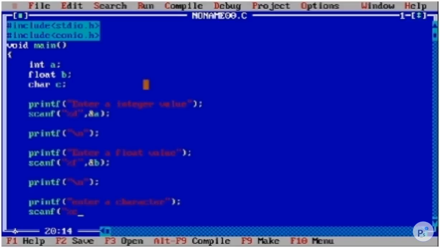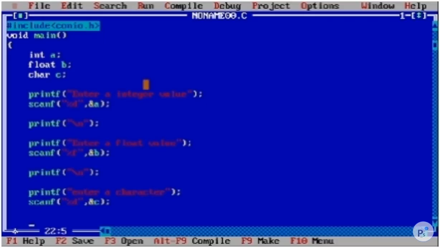But what will happen if you give %d, which is used to get an integer value, %d comma, c? Okay, the last line getch.